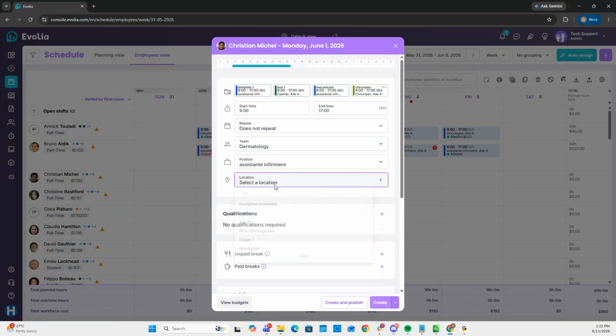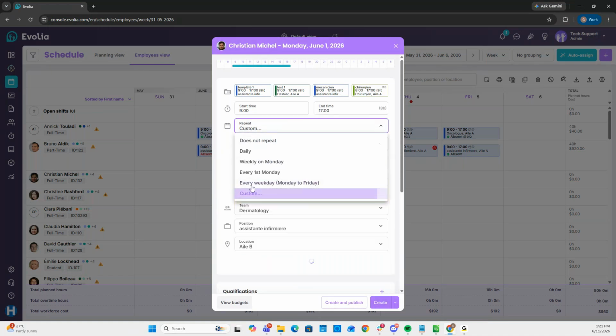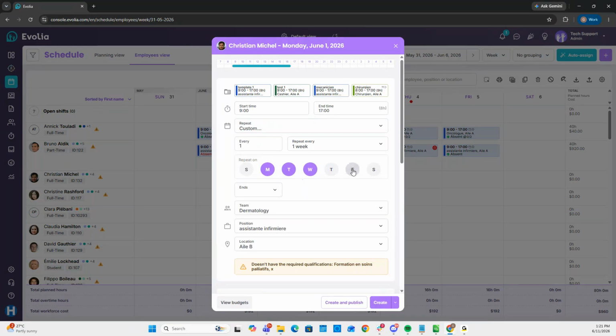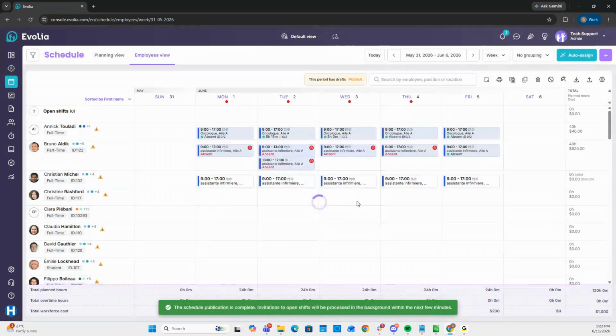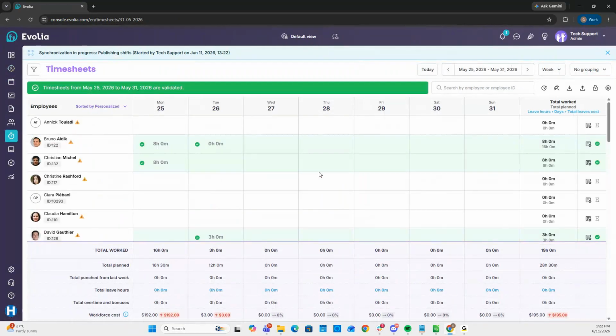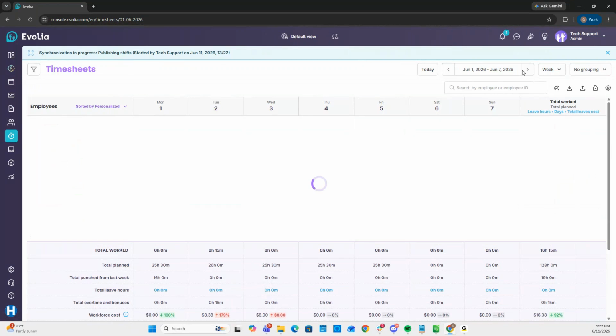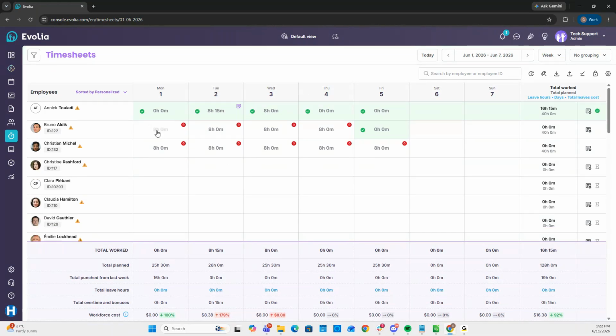So I'm just going to go ahead and create some shifts here in the schedule of an employee. I forgot to publish. I will publish this. And then I'll go over to timesheets. So the first way to approve timesheets is the basic way, I'd say. It's just to look through the timesheet and then approve the irregular ones by clicking on them and adjusting or approving